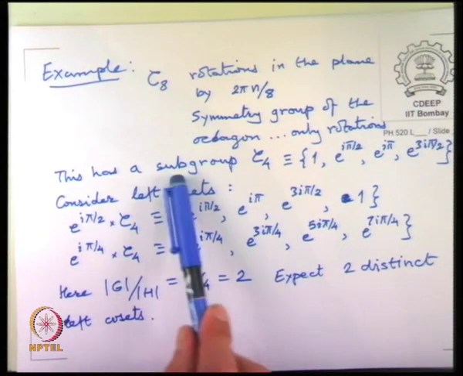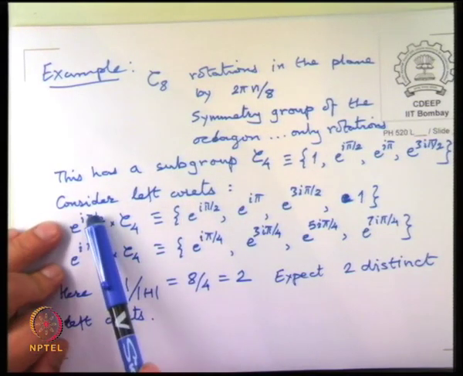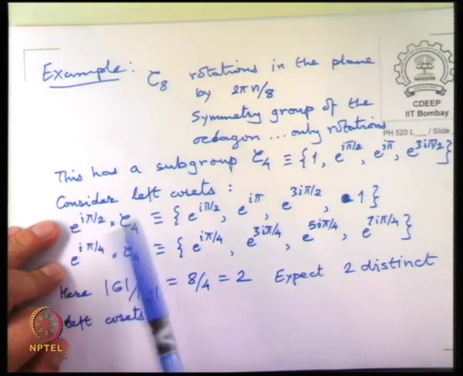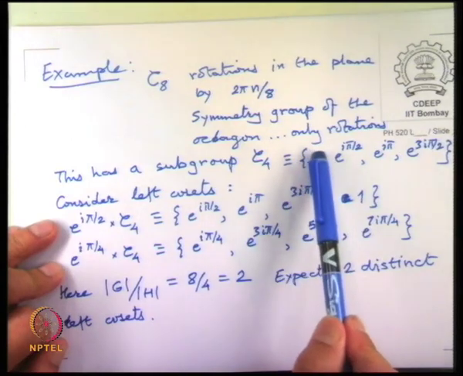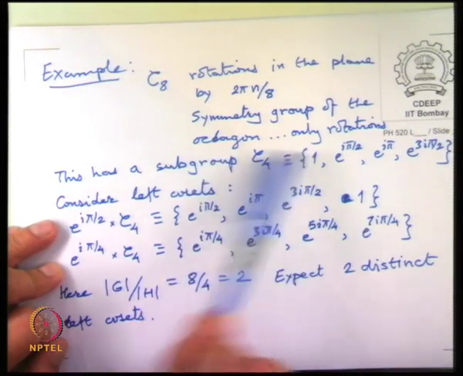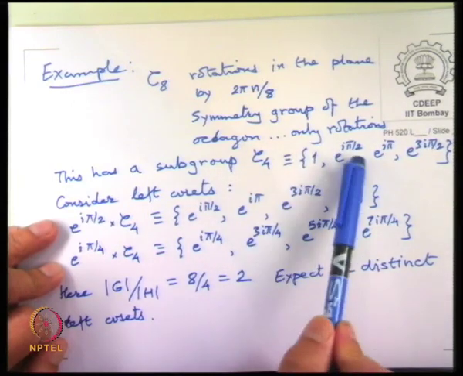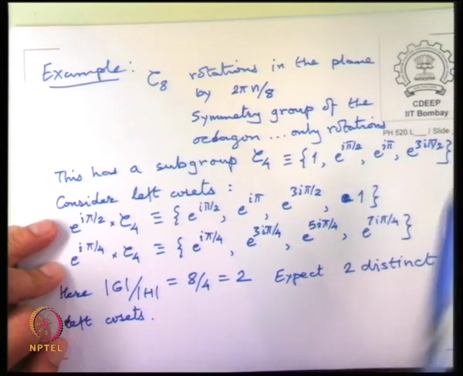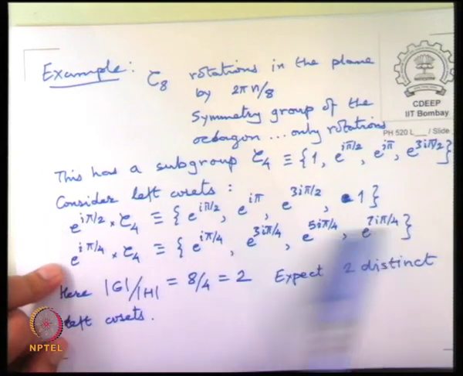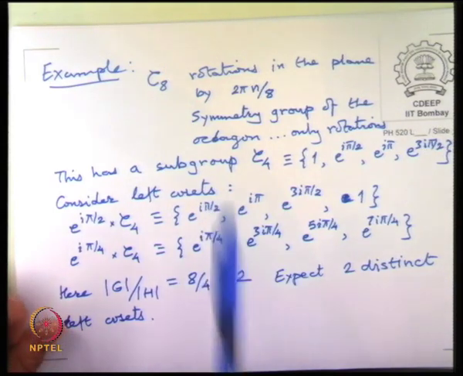If you now take anything else, so we took i pi by 4 and we took i pi by 2. Suppose you took 3i pi by 4. What is going to happen? The first element will become 3i pi, we left multiply the subgroup by that. So 3i pi by 4 here, this will become 5i pi by 4, 7i pi by 4 and i pi by 4 again. So basically you will repeat this list. If you take any other element from the group G, you are basically just going to repeat one of these two.